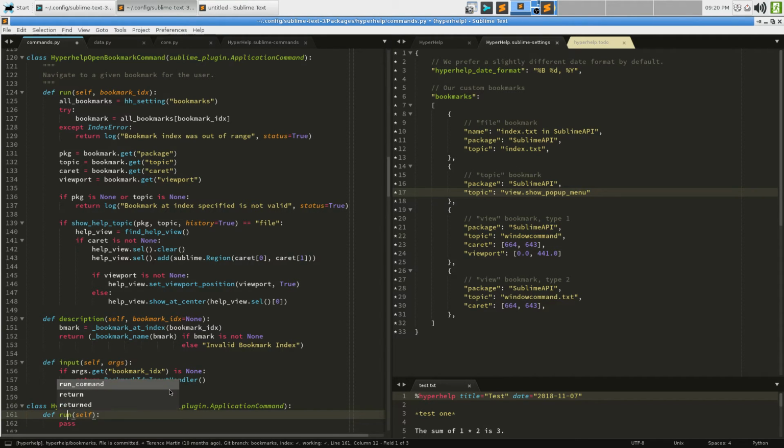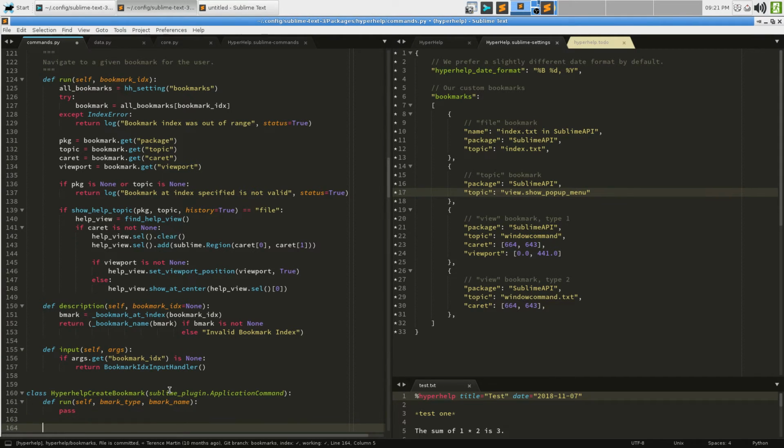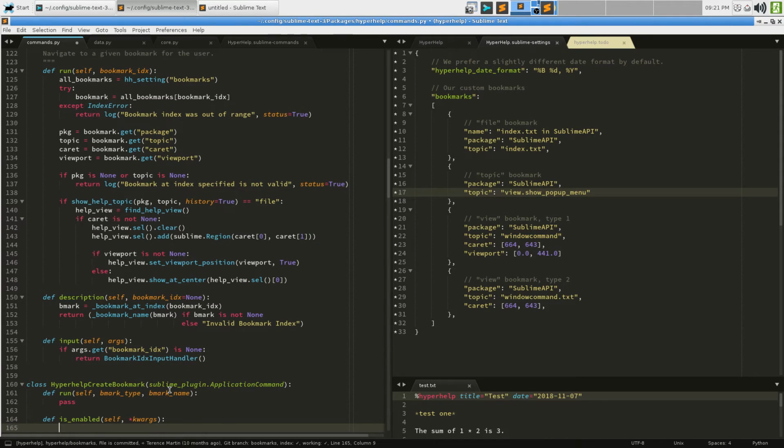And we're going to define a method named run, and the arguments it's going to take are bmark_type and bmark_name just to start while we think about how this is going to work. And is_enabled. And here, well, you know what? I think we can just say **kwargs because we want create bookmark